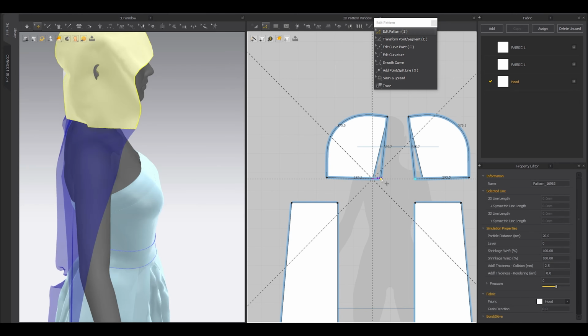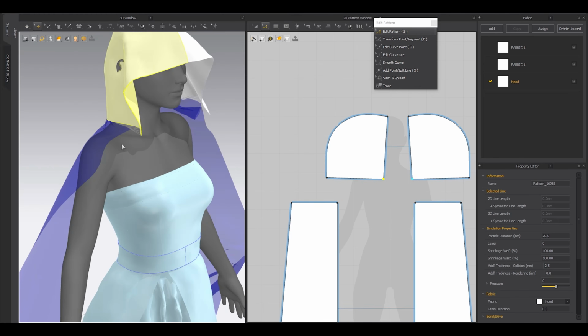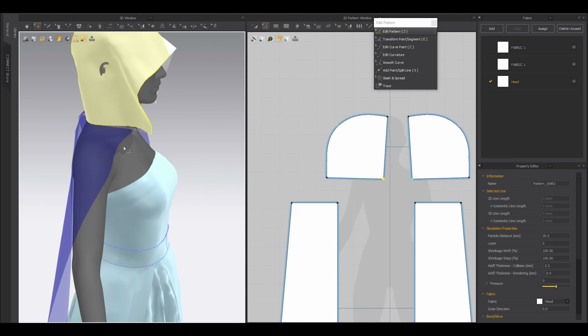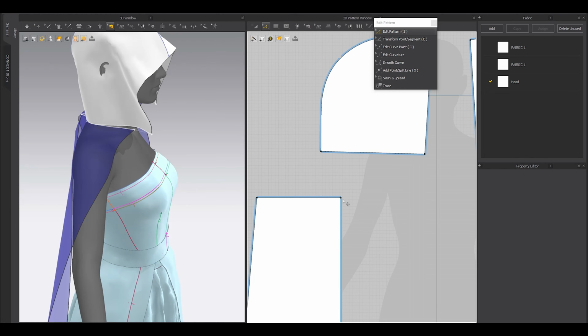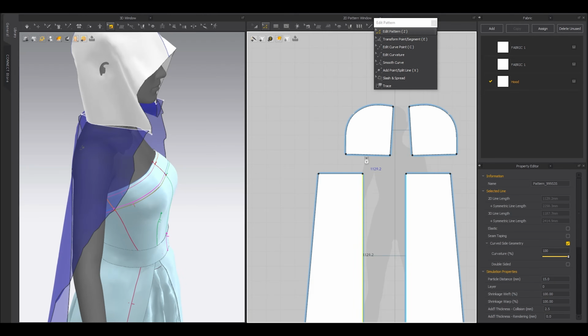Select this point and move it like that. So it's more on this side, and yeah, like this. And then you need to fix the measurement of the cape as well. So make sure the two are kind of similar in terms of measurement. I'm gonna